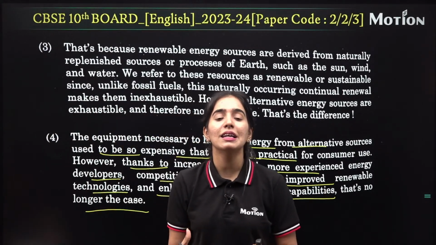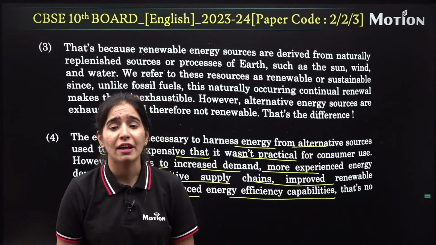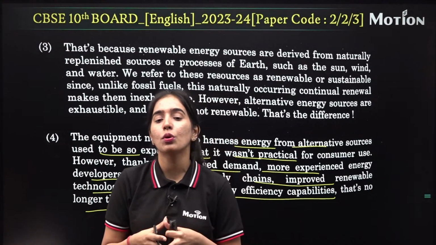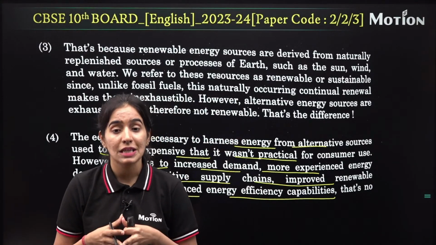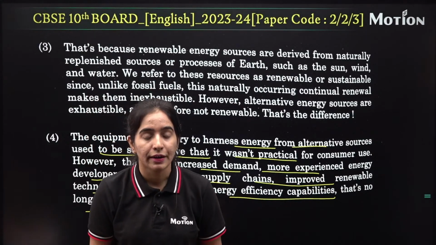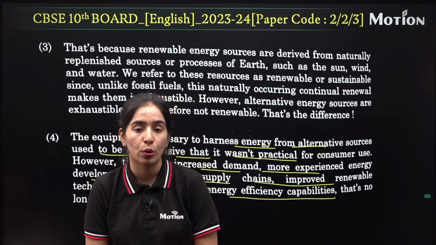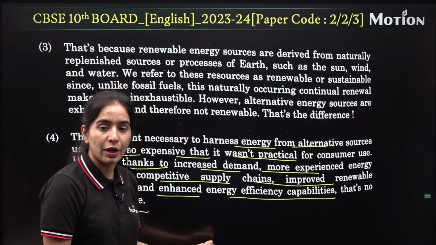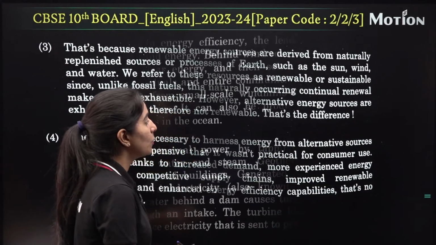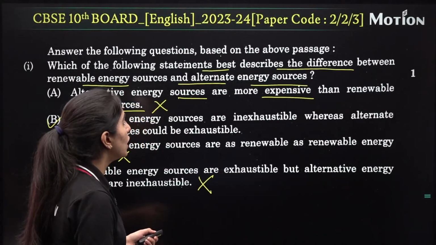You can clearly see the tone of the author in this particular paragraph is very thankful. So yes, Darshan, you can write that the tone of the author was thankful, or you can also say it was very solution oriented. So the tone of the author was thankful and solution oriented in paragraph number 4. That is your correct answer. I hope that's clear to everyone. We have solved question number 1 and question number 2.